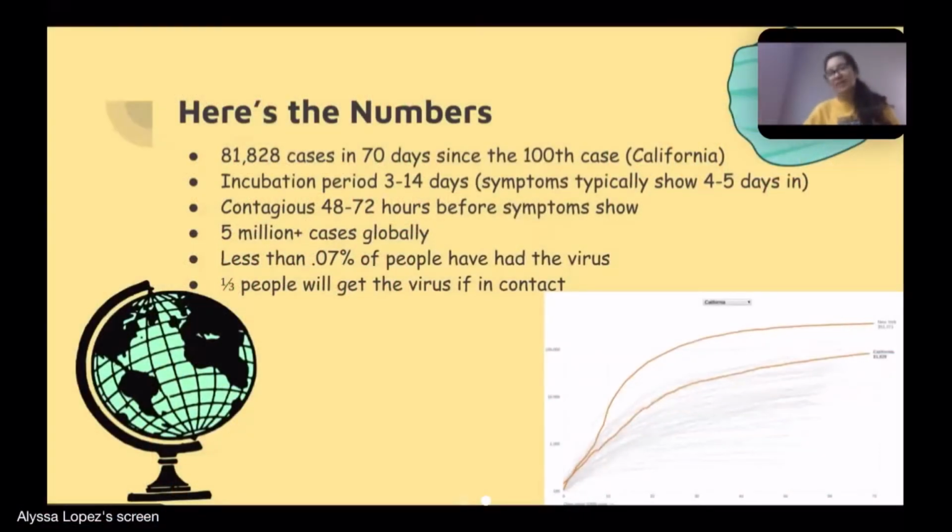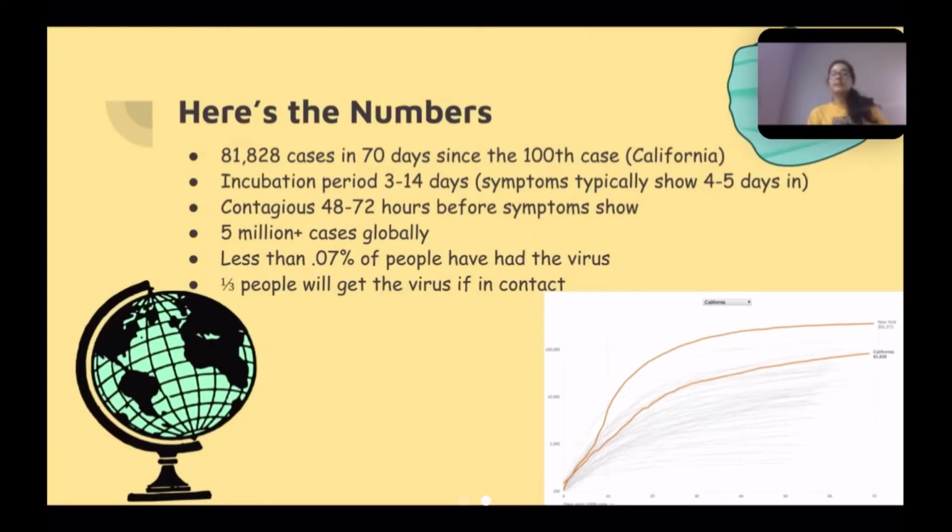Hi guys, I'm your cartographer Alyssa Lopez, and I'm here to share the numbers with you guys. Let's hop right into it. Since the 100th case in California, within a span of 70 days, 81,828 cases have occurred. In the diagram in the bottom right-hand corner, the bottom line shows the increase in California cases from days to cases. The line above shows the increase in New York cases, which is the leading state in confirmed coronavirus cases